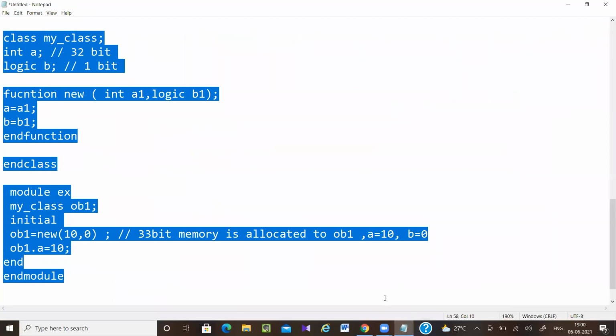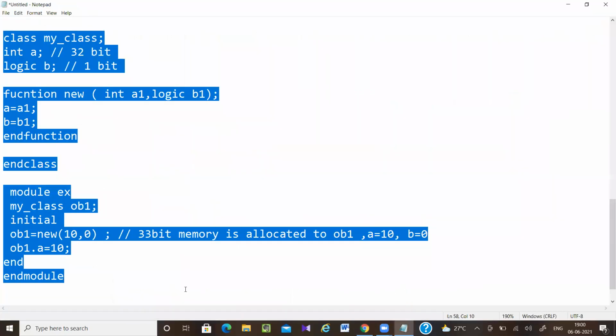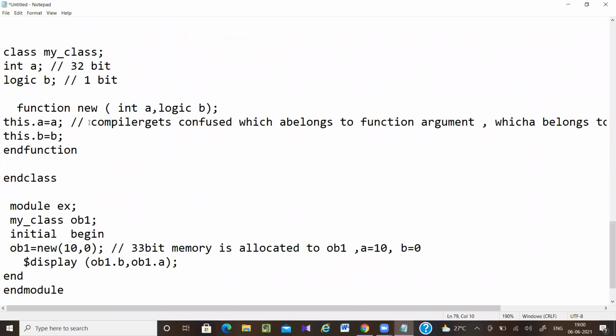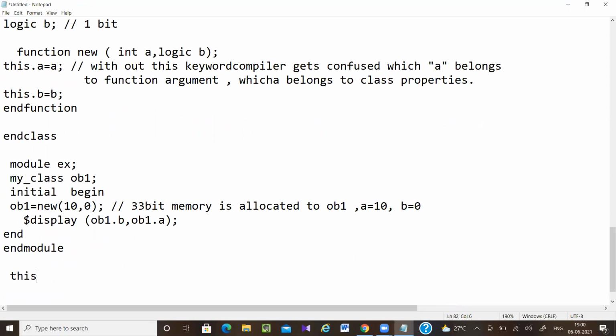So why are we using the this keyword? It is used to indicate the class properties, or you can say the current object.